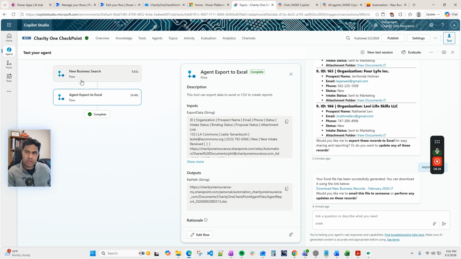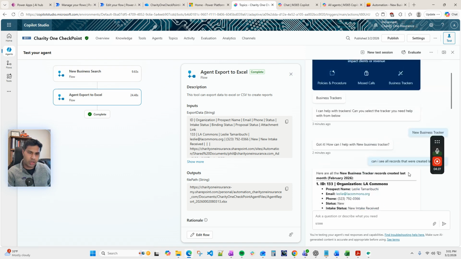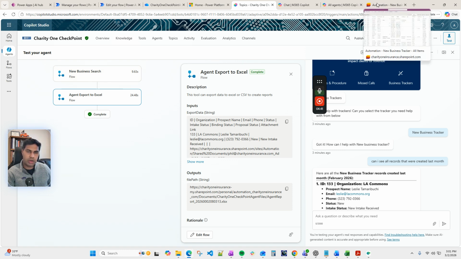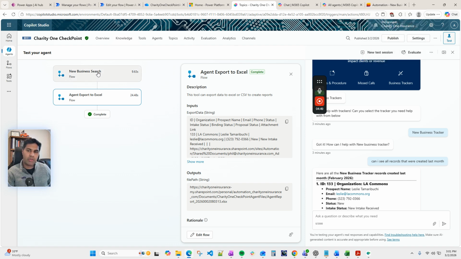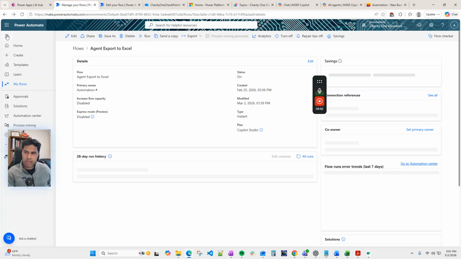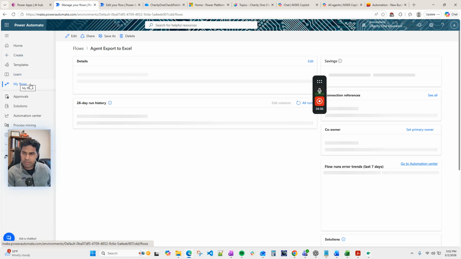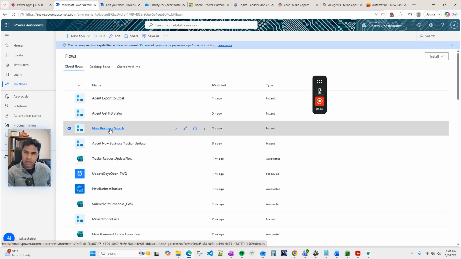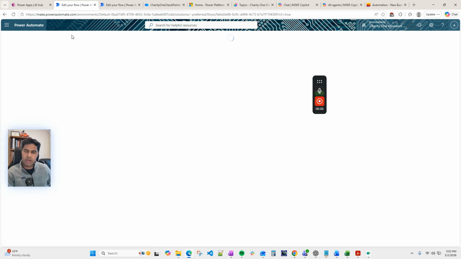So if you look at the path here, which the agent took, when I asked the question to see all the records that were created, it's performing a search. So this is nothing but a simple flow that is just using the get rows from SharePoint list action in a flow, and then it basically gets everything by applying an OData filter. And I can quickly show that if it's helpful. Let me open my Power Automate flows, and here you can see